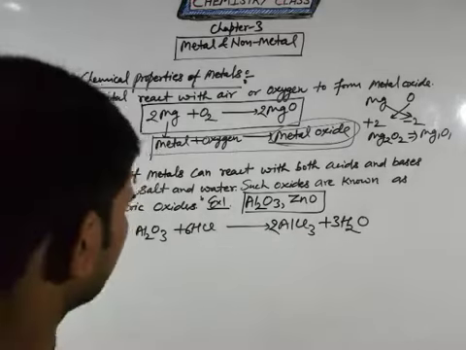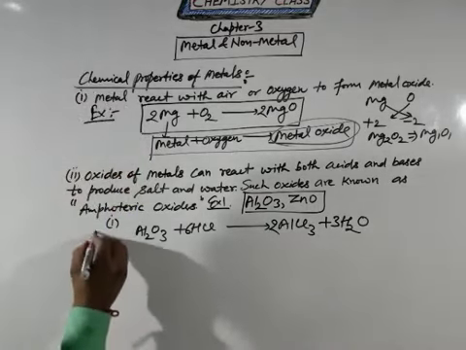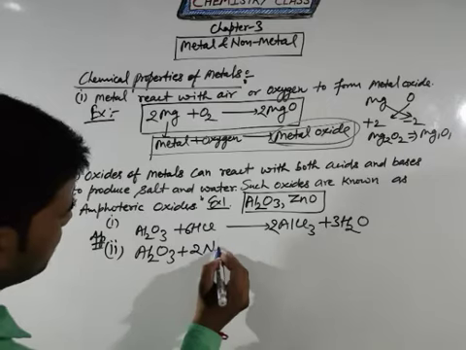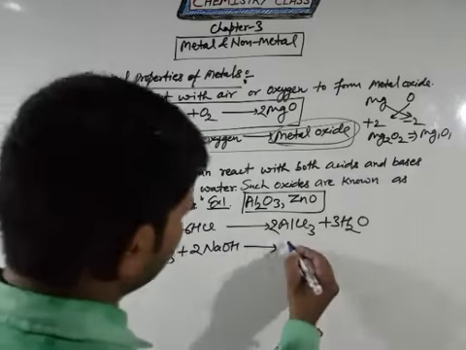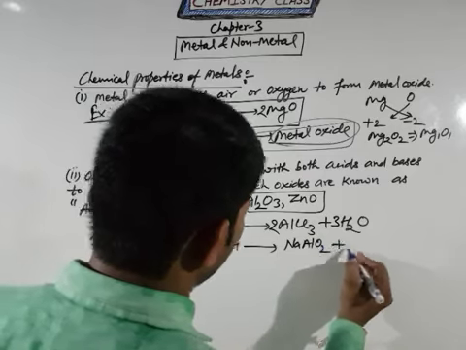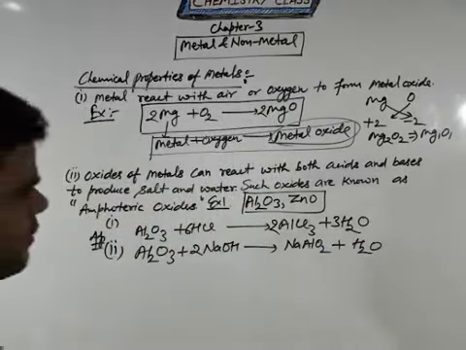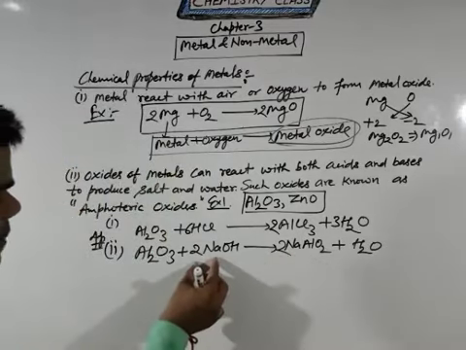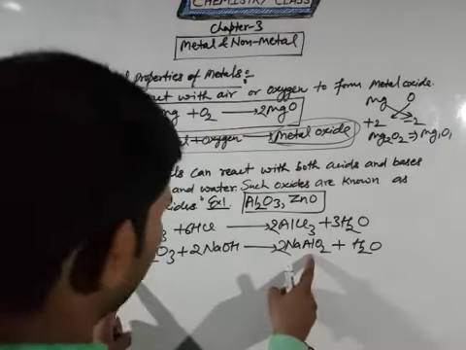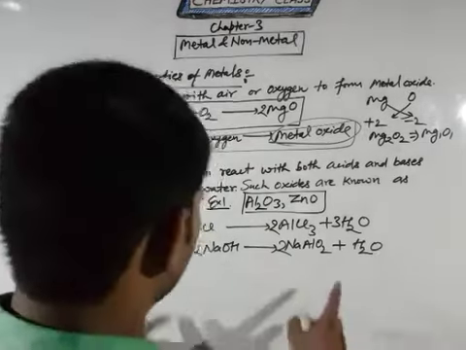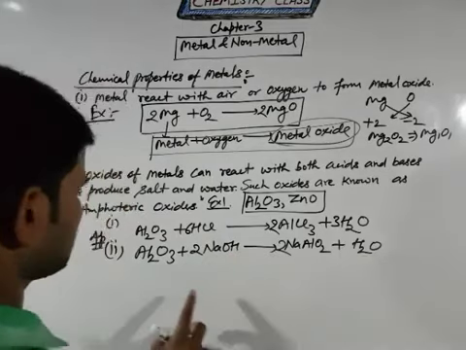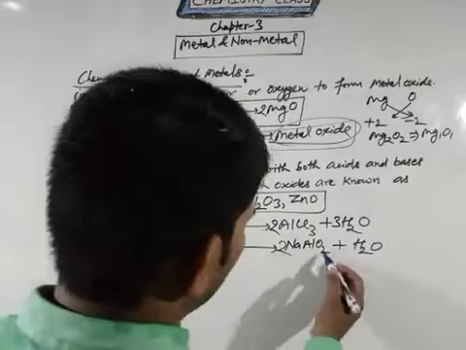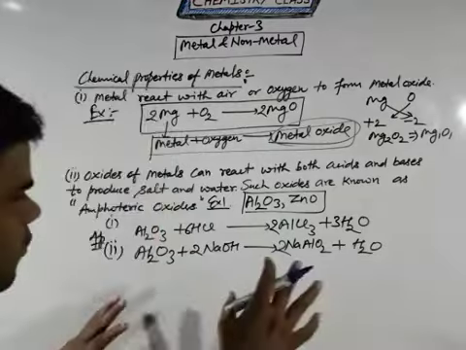It will provide a simple product. But in the case of base, this reaction is very important to you. So Al2O3 reacts with NaOH, it will provide NaAlO2 and H2O. Clear? So students, first balance the chemical equation. In this case you can see 2 sodium on the right side, 2 on the left side, so the sodium atoms are balanced, and the aluminum is also 2, it is also balanced. And how much hydrogen? 2 here, this is also 2, but in the case of oxygen, 3 and 2 make 5. So 2 into 2 means 4 and 1 is 5. So this is your final product.